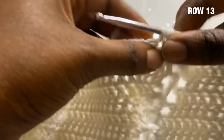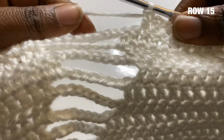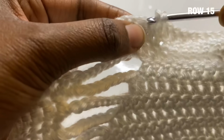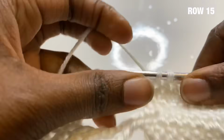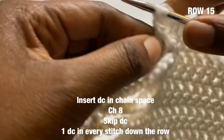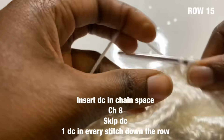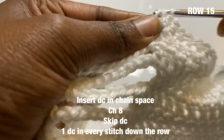Alright, so somehow I forgot to record row 14, but row 14 will be repeated just like row 2. So again, we are back in the middle. We worked our way down, we chained 2, we turned our work, we're back in the middle. So now we are going to place a double crochet in the 2nd to last stitch, a double crochet in the last stitch, a double crochet in the chain space,